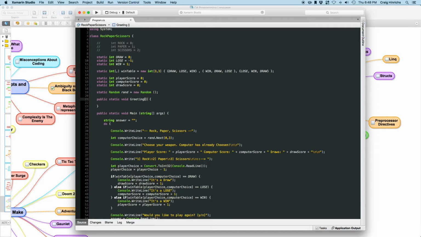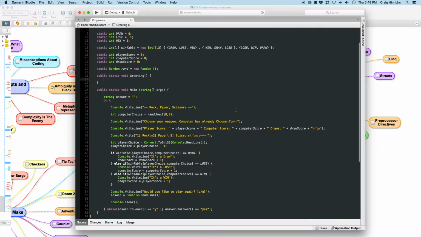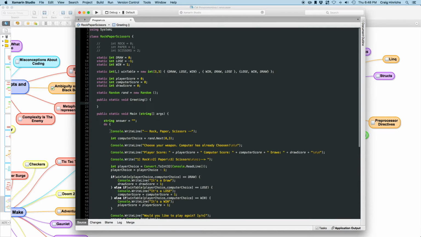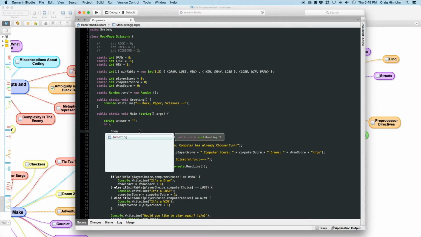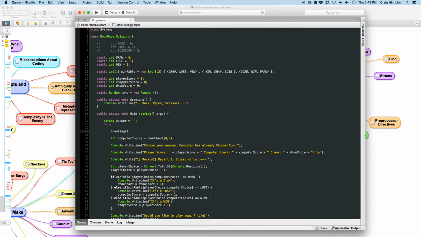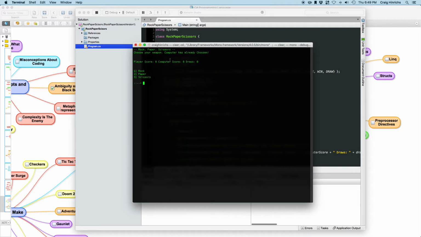Functions or methods all have parentheses at the end because you can pass variables into the parentheses. We're going to do this. Let's go ahead and start copying some stuff over. We're just going to do a Console.WriteLine, and then we're going to replace that line there with greeting. Now when we play it, we still get our greeting, rock, paper, scissors,